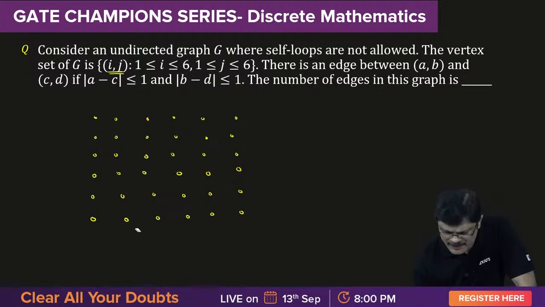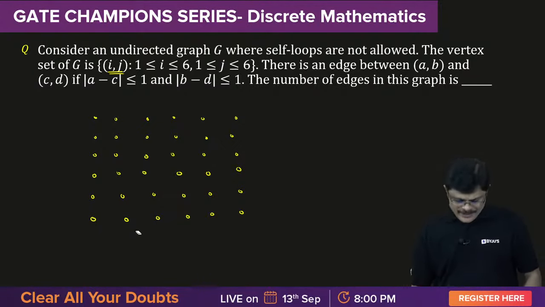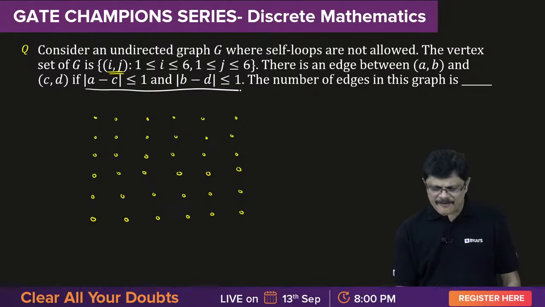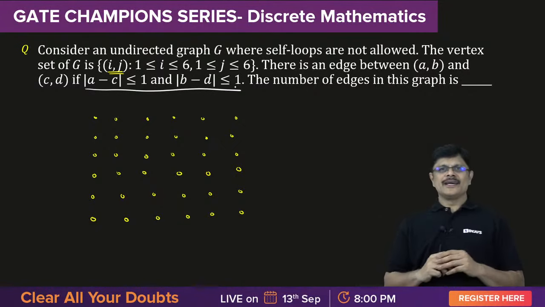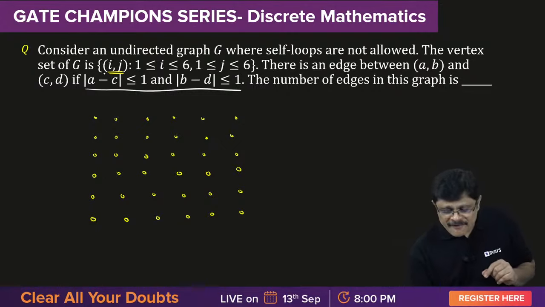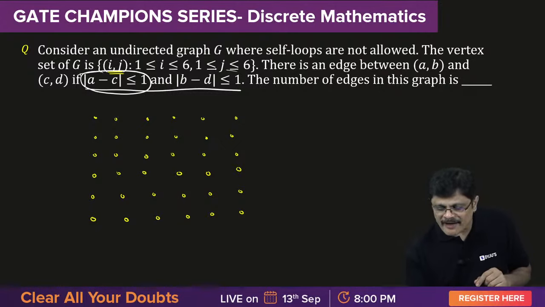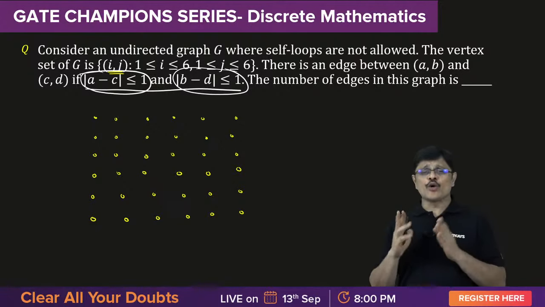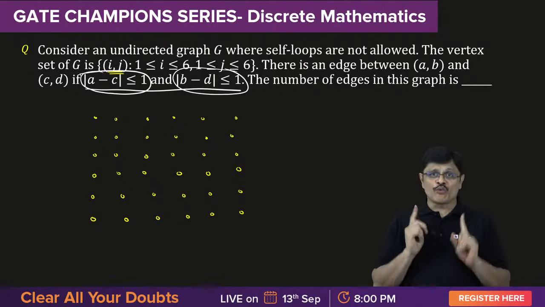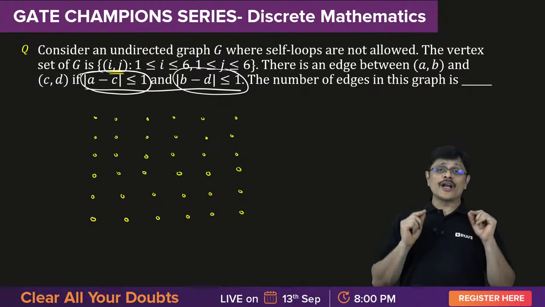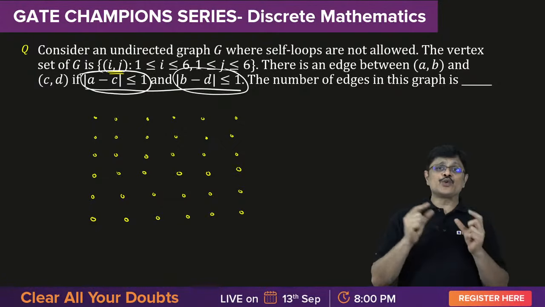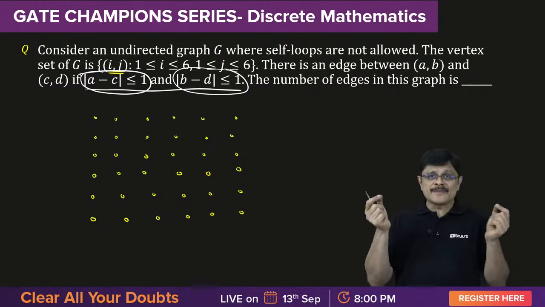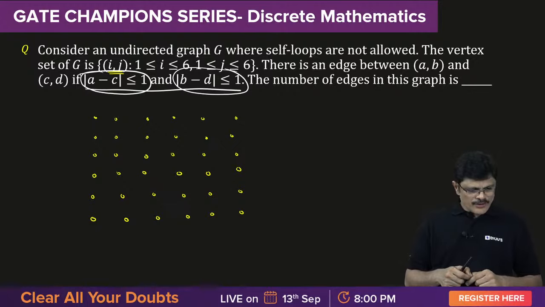Now if you observe, he has given the condition for adjacency of two vertices. Their first coordinate difference must be less than or equal to 1, and their second coordinate difference is also less than or equal to 1. Then the two ordered pairs, or the vertices representing the two ordered pairs, become adjacent. So that is the